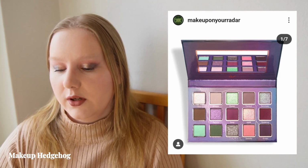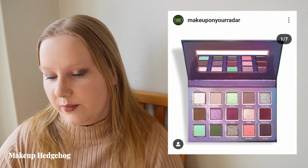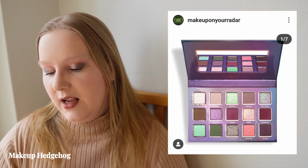So Unearthly Cosmetics has released their Mellow Grove collection. I do know that the brand has gotten a bit of critique, because they have been teasing a collection, I think with the Avatar: The Last Airbender series, and people were very confused that this palette came out, which obviously has nothing to do with the series, and they still are now teasing the collaboration. So I get that people are a bit confused about what happened there. But regarding this palette,